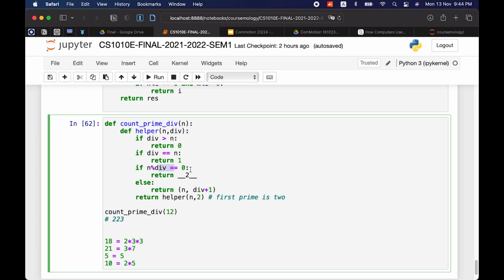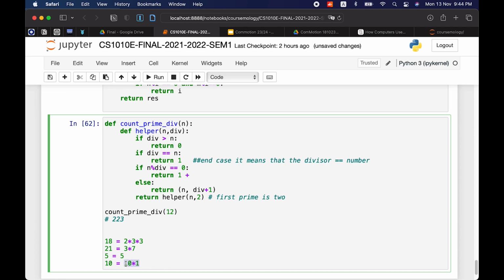Yes, it's true. So we say yes, good. This is the n case. It means that the divisor is equal to the number, which means we search through all the numbers until 10 already. So this is like 10 times 1.